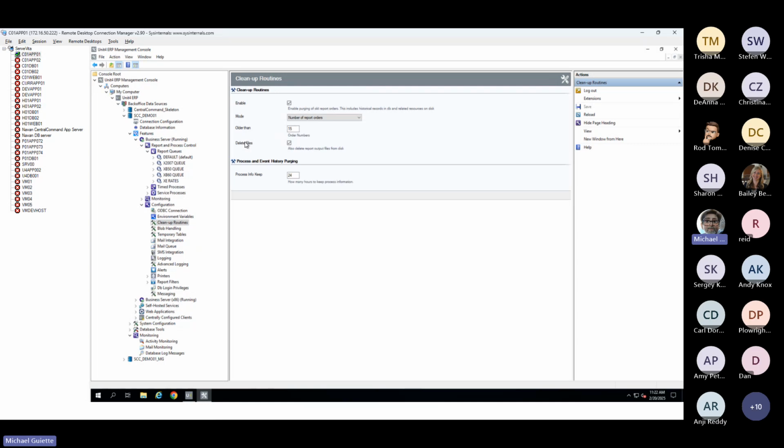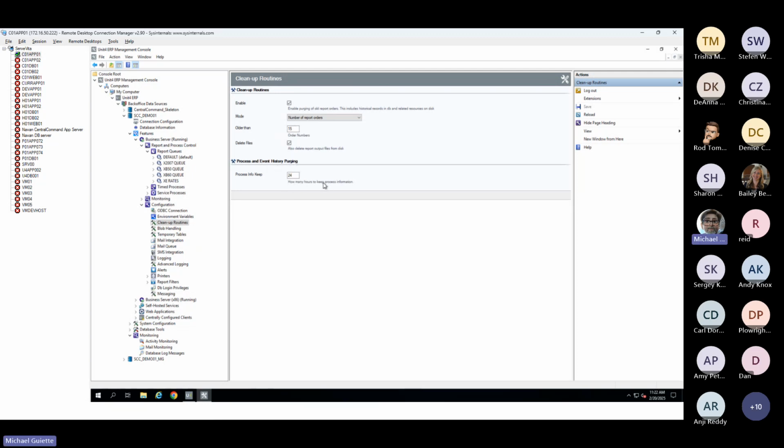So being able to say, yeah, once we clean up the report orders, do we want to delete those files or not is important. The last piece down here, this process and event history purging, we're going to keep it